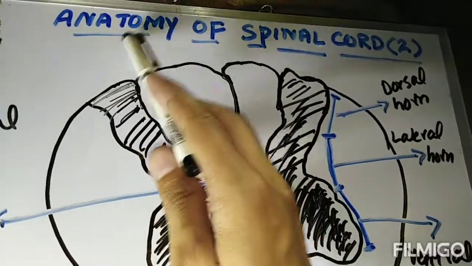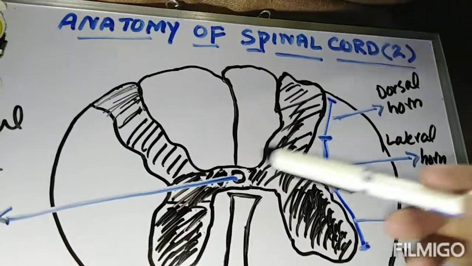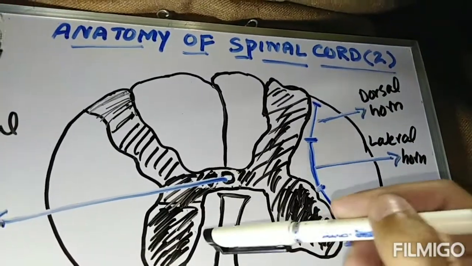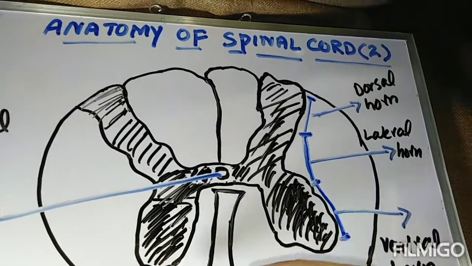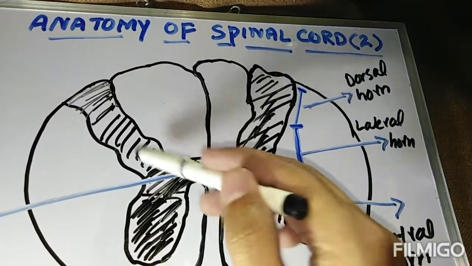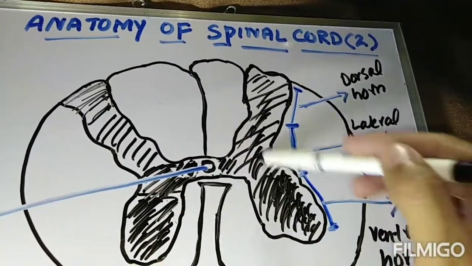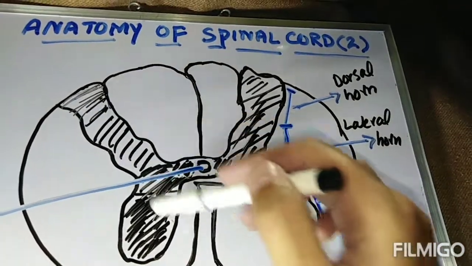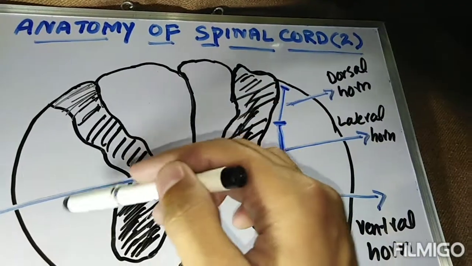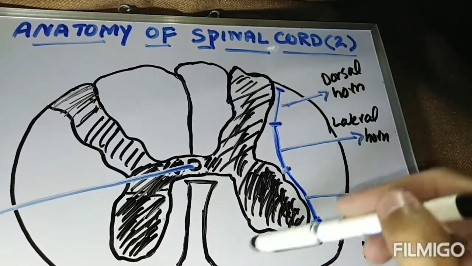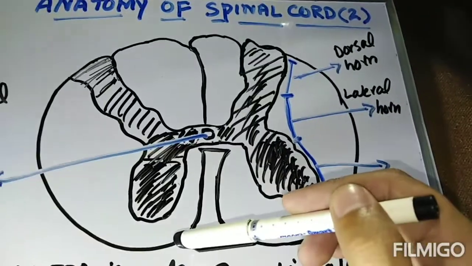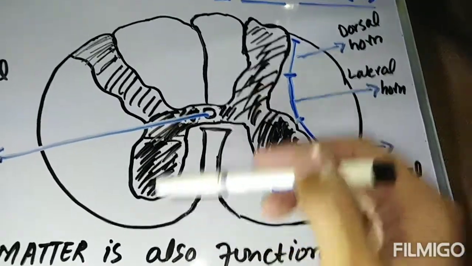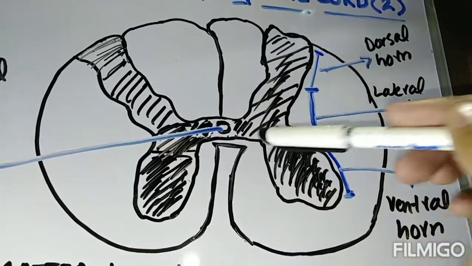We are studying the anatomy of the spinal cord. In the previous video, we saw the cross section of the spinal cord and learned that the gray matter is present at the center in a butterfly shape, and this gray matter is surrounded by white matter. In this video, we are going to learn that this gray matter